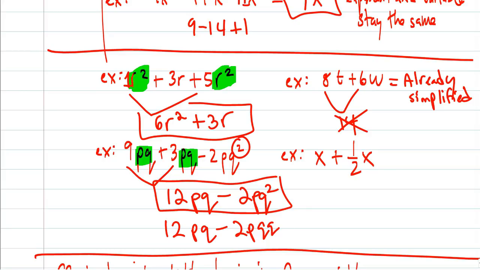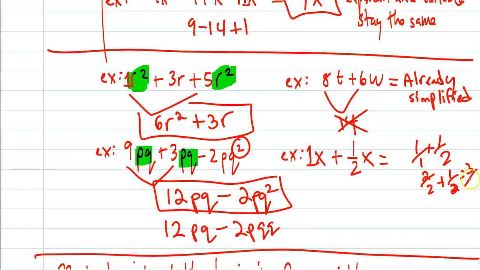And then we have x plus 1/2 of x. People are like, oh no, we can't do this. Yes, we can. They are both x's, they're both like terms. We can do 1 plus 1/2. So what is 1 plus 1/2? Well, make 1 a fraction, 1 over 1, and give them a common denominator. 2 over 2 plus 1 over 2